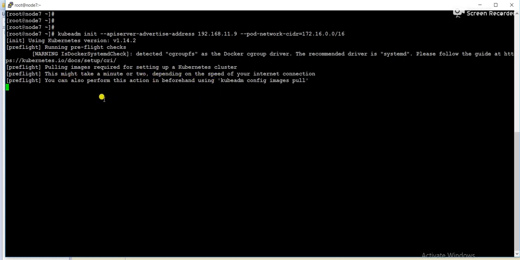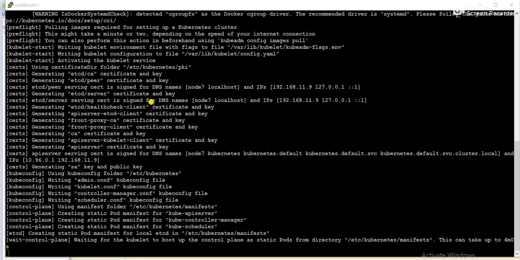So before setting up the Kubernetes cluster, on both the nodes internet connectivity should be there, otherwise you will not be able to set up, because internet is needed to download packages and all those things. So now friends, it is downloading the images.